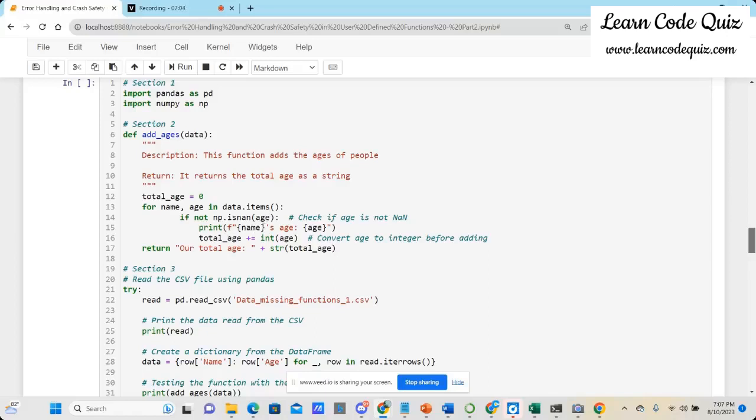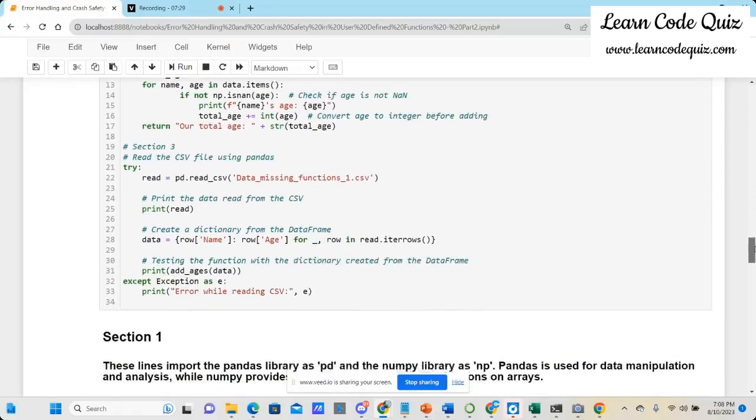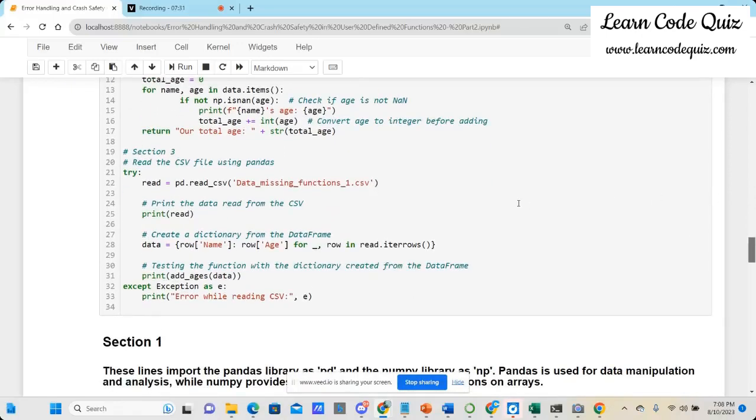And if age is not a null value, then it is going to print the name and age, add the age to the total age, and return the total age as a string. So that's what the program is doing. So now if you run it,